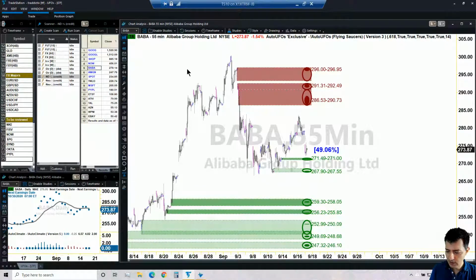Yeah, it's good if ACL and auto UFOs can be used in Android. I'm not sure what you mean by ACL, Koyo, but certainly you can have the auto UFOs on Android, because auto UFOs also work on the TradingView platform, and the TradingView platform has a mobile version of the app. So you can certainly do that.